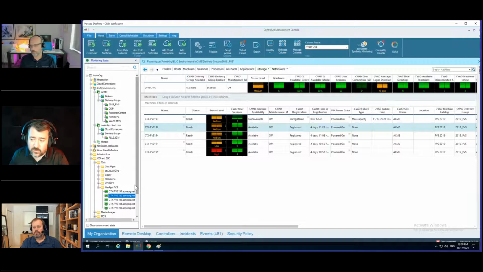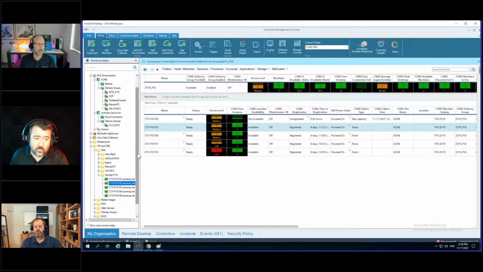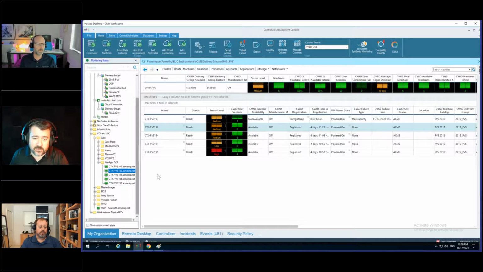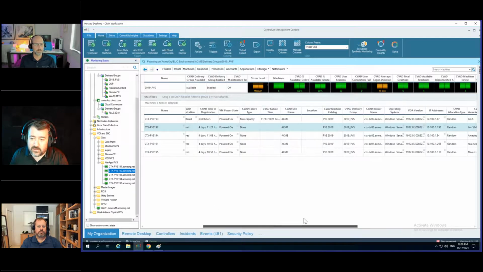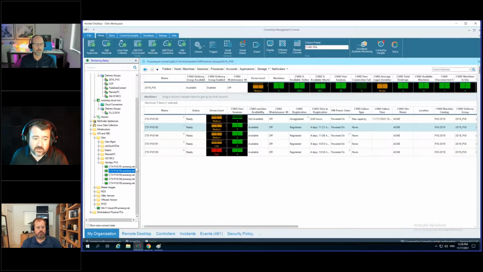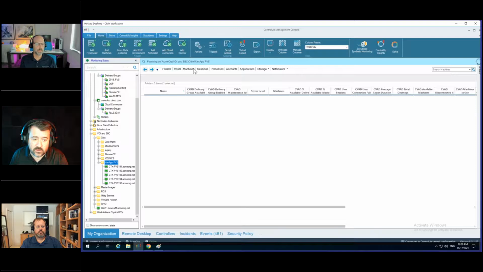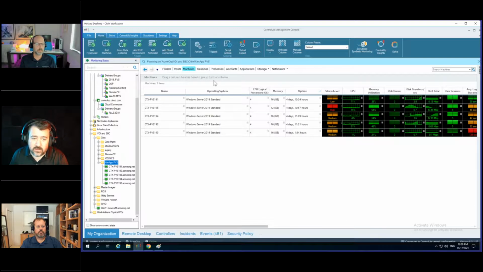So let's talk about automation. One of the strengths of ControlUp is its automation capabilities. I keep talking about how we can take these columns and actually do some interesting stuff with them. So I want to get into a little demo and show you how the automation works and what that looks like. I am going to focus on the machine here